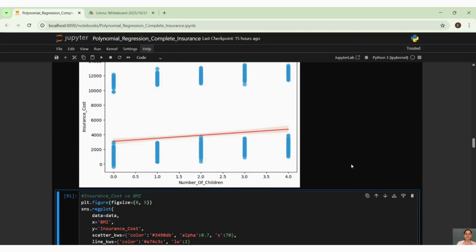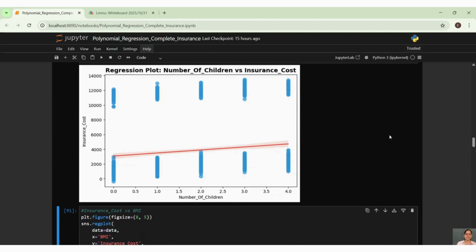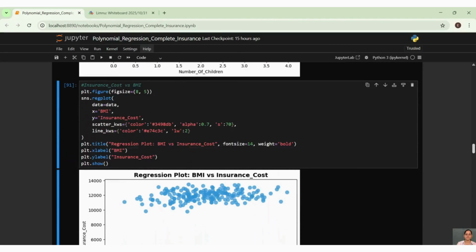So I am drawing my curve here, and I can see a little bit of linearity present, because you can see this line is not a straight line. It has a little bend upward, and a simple linear equation is present here. Now we will see the next one.